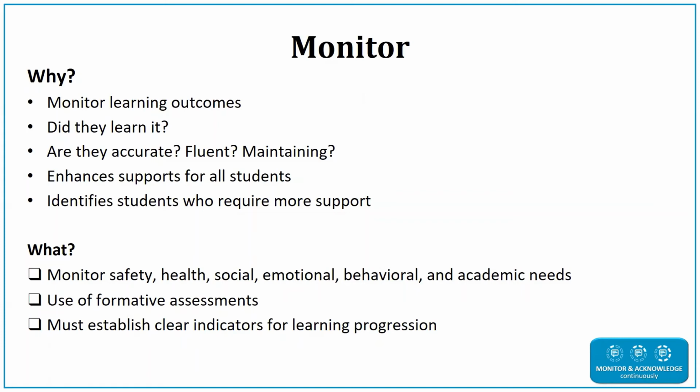In order to accurately determine where students are at in their learning, you will need to look back at your defined learning outcomes from the Define Simply phase. Formative assessments and the use of data to establish clear indicators for typical timeframes for students to move from accuracy to fluency will be needed.